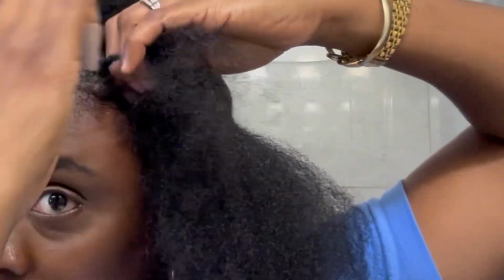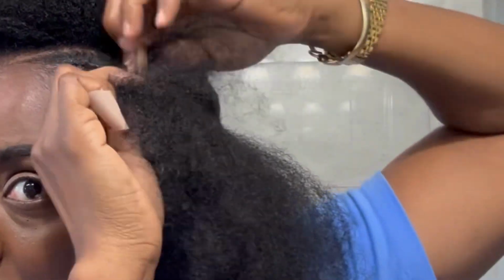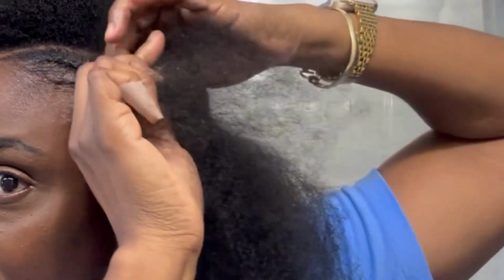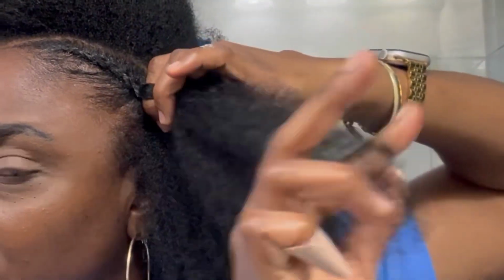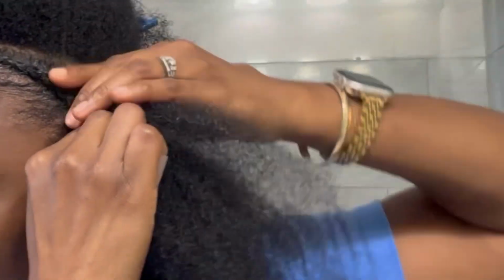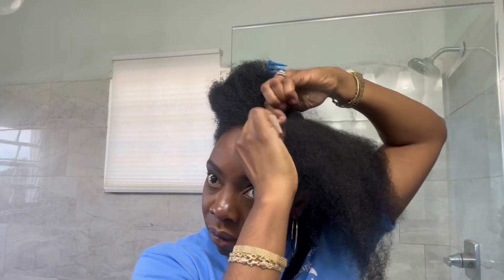I'm using the smoking edge control. I went ahead and applied it to my hair before I braided it, just so that I could get a nice sleek look. And I really tried, you guys. I really tried making this style look kind of like the styles I saw on Instagram, but I just got really